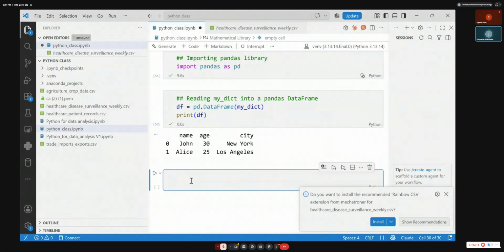Now, let me do my dictionary. I see. So sometimes it is because of the Python versions.